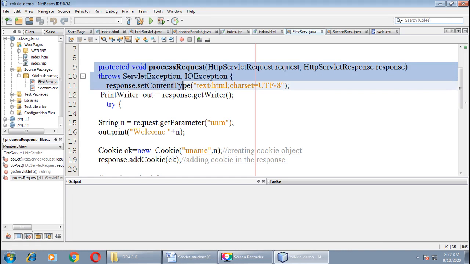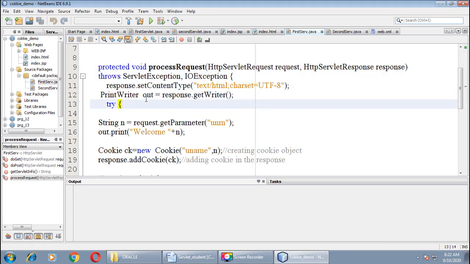These are the common lines for each servlet, right? Our content type is text/html and we'll define one object of type PrintWriter because we want to write something on our HTML page. That is possible through this object only, right?